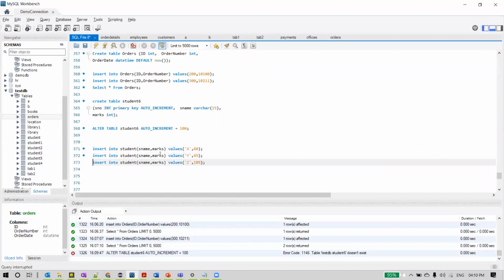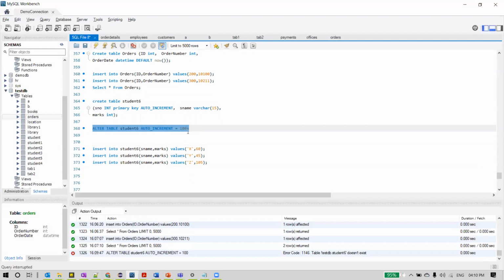I want to insert 3 records into this table. And if you observe, we are not specifying values for all the columns. We are specifying only student name and marks. Student number I am not specifying here. Student name is varchar, so I gave it in single quotes. Then marks. We are not specifying student number here, but we executed this statement.